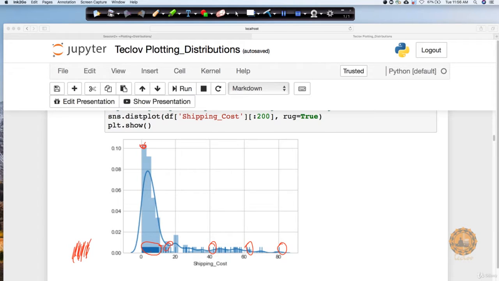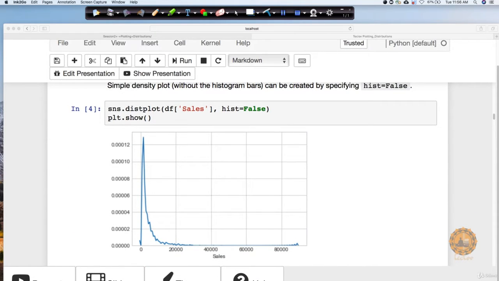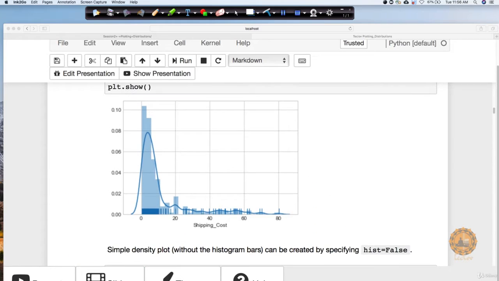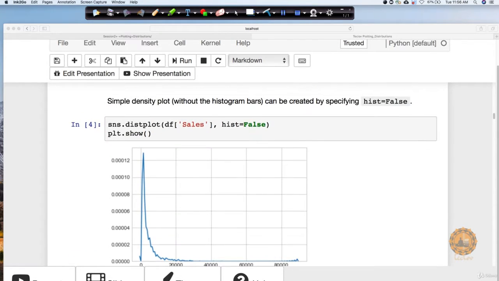So it's basically telling me where the density of the data is too much and where it is too low. That's what we are noticing in this particular case. Now going ahead, if you want to remove the histogram from it, you don't want to see this histogram, you just want to see this distribution curve, you can just say hist is equal to false, and this is going to return you the value without any